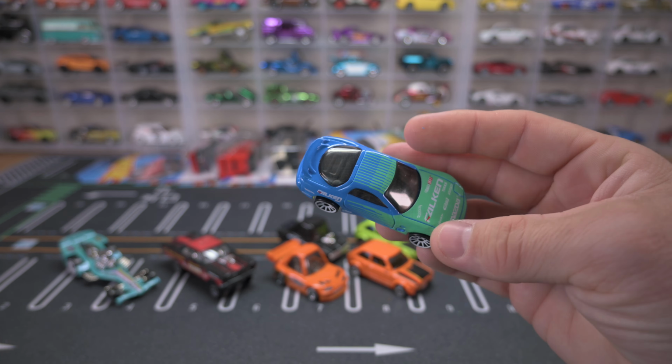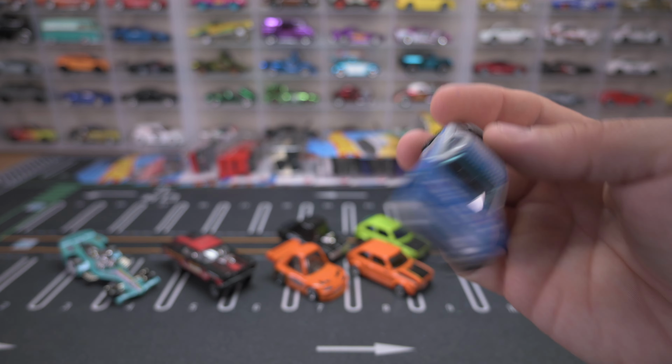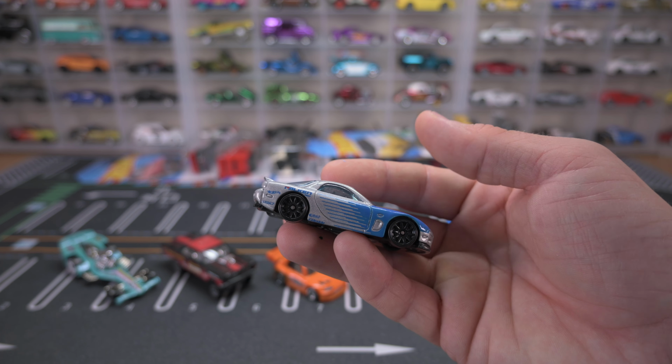Same color, except it's rocking white wheels. So that's gonna look spectacular right next to each other. And last year, we've seen the same one in gray and blue. Super cool. And this one's got black wheels, so different color wheels, which I think the white wheels would look